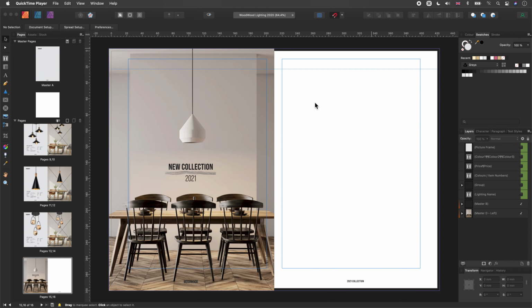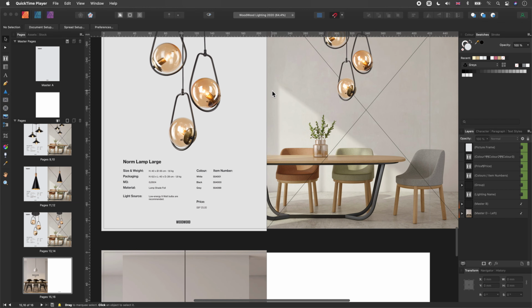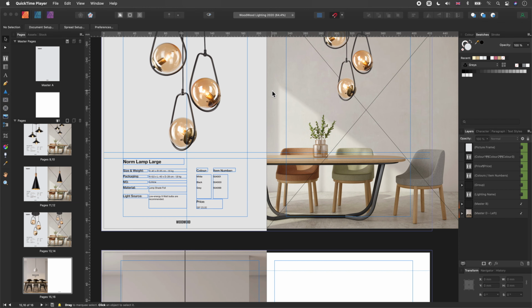Data merge is a feature that will help you populate data from a data source. This is to help speed up the creation of photography lookbooks, business cards, catalogues, tickets, and there's a lot more possibilities with this feature. In the previous tutorial, Data Merge Basics, we took you through the key data merge steps,